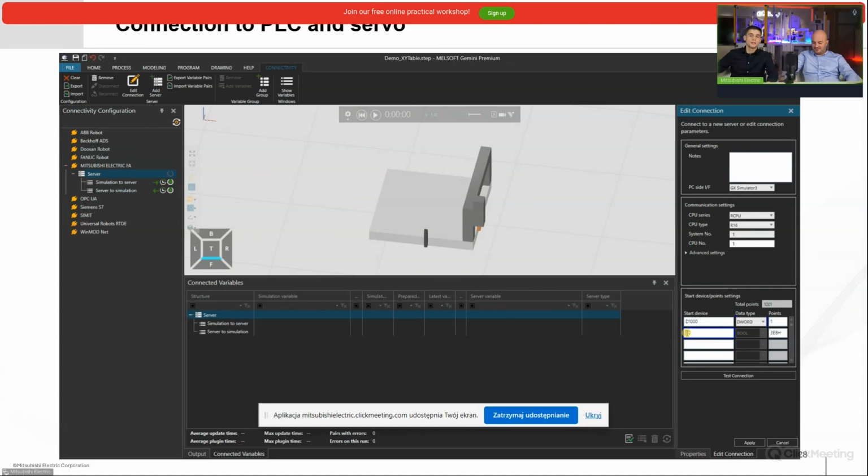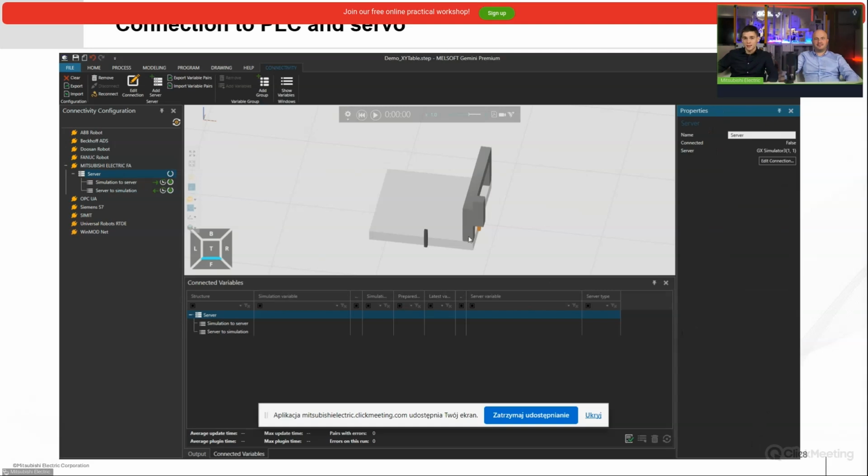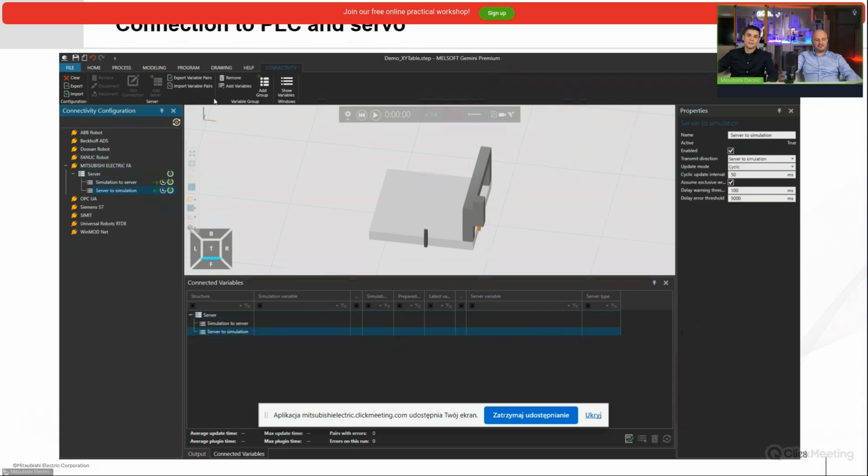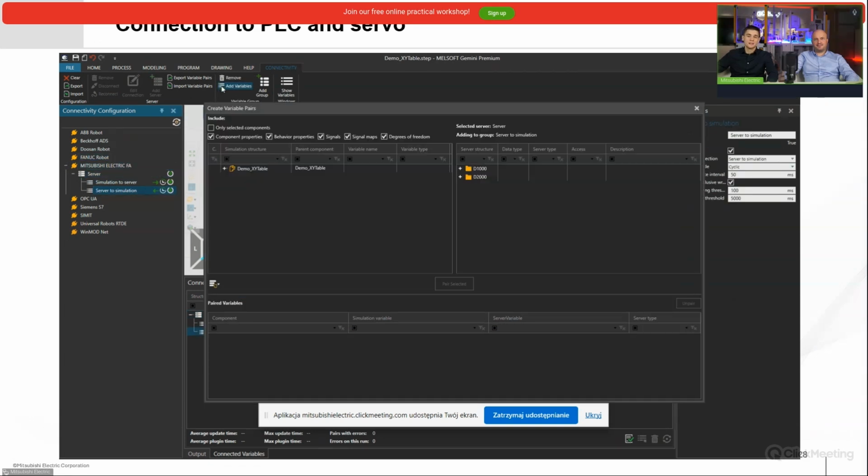I will choose a connection with a Mitsubishi Electric PLC. And I would like to read two registers from the PLC. In register D1000, I have the first axis actual servo position, and in register D2000, I have the second axis position